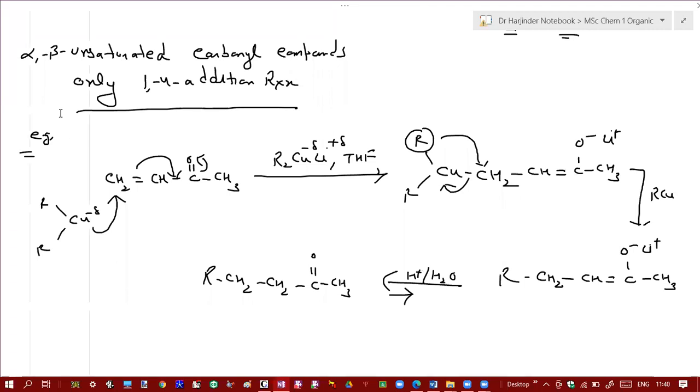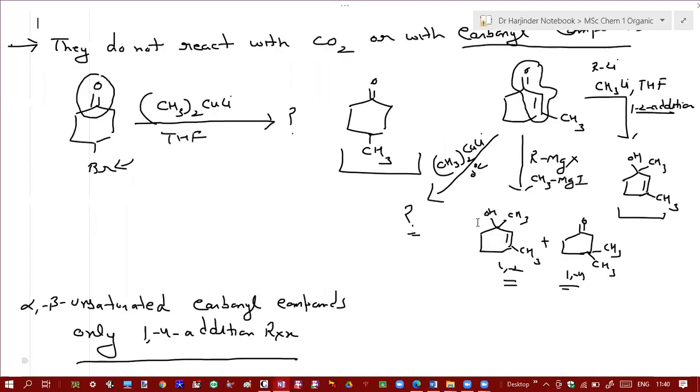So here in this reaction, only 1,4 addition will take place, and this methyl group will add to this fourth carbon. So here the only product will be this one. There's only 1,4 addition. So you can see by changing the conditions, you can get different products. You can get an alcohol-only product, that is the 1,2 addition product, or the 1,4 addition product by changing these reagents. Okay, beta, any question up to this point? No, sir.